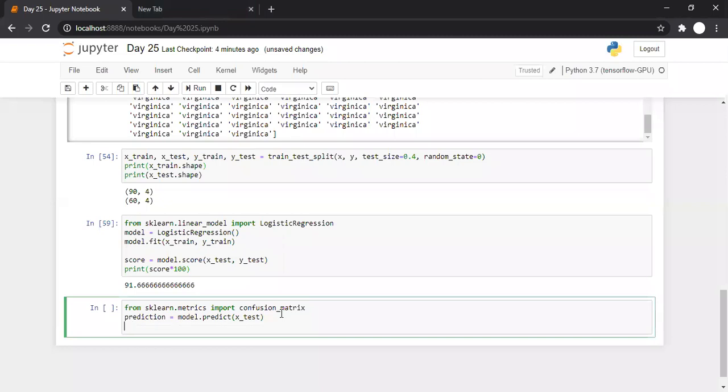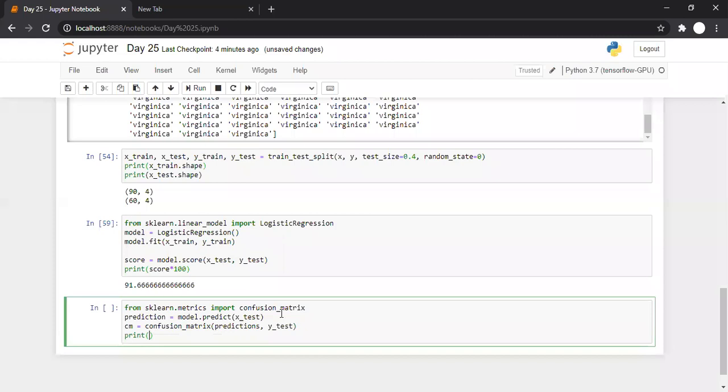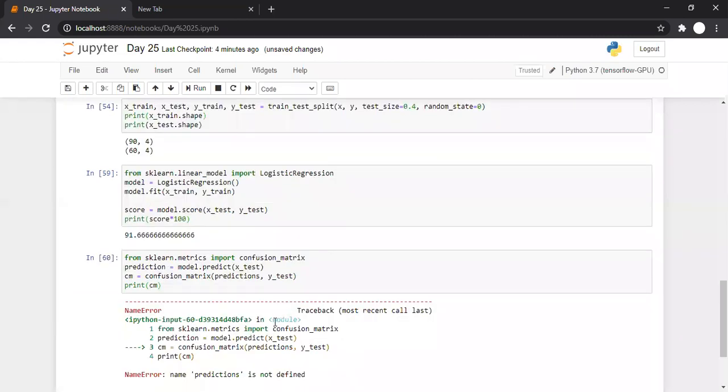So let us say cf is equal to confusion underscore matrix, to which we'll pass the predictions and the actual values, y underscore test, and let us print this confusion matrix.